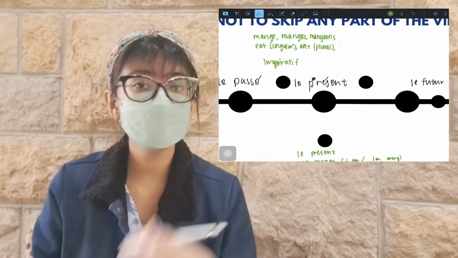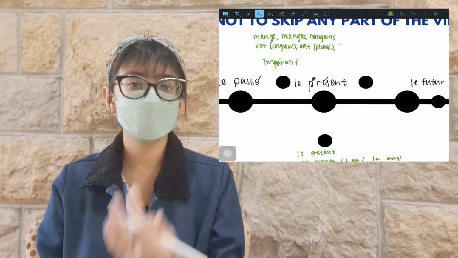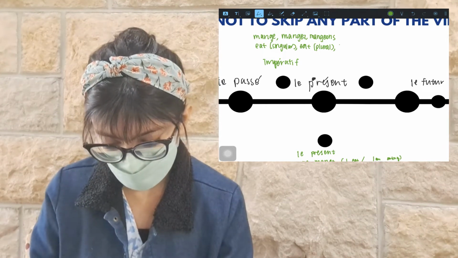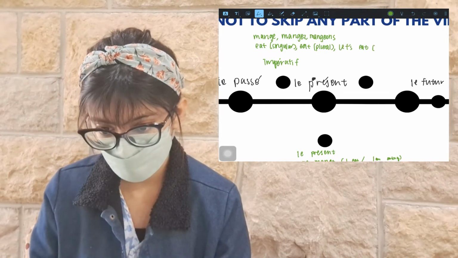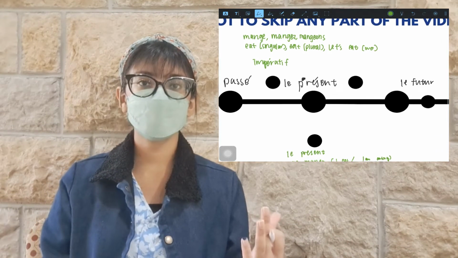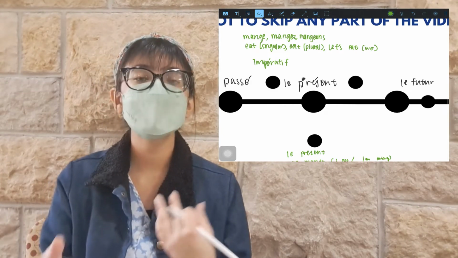And then when we say mangions, because it is O-N-S, that refers to the idea of plural, but the subject would be we. So it's going to be let's eat. Okay, but the subject is we. So that is the idea of the imperative. So imperative is when you're giving a command, you're giving an order to a specific person.